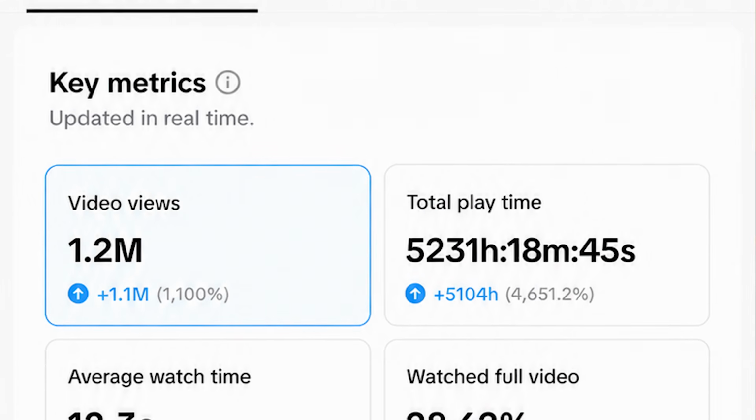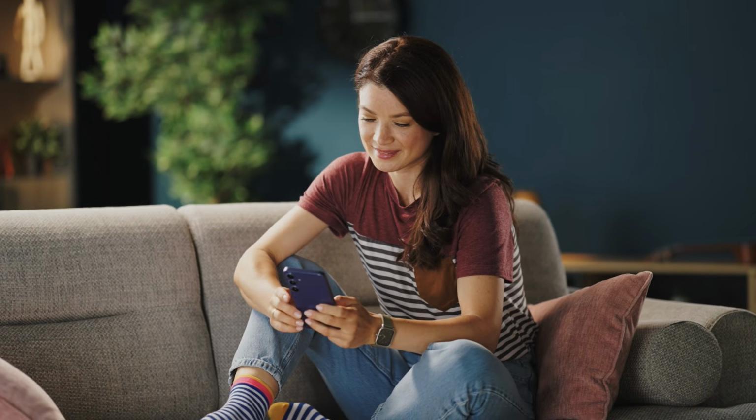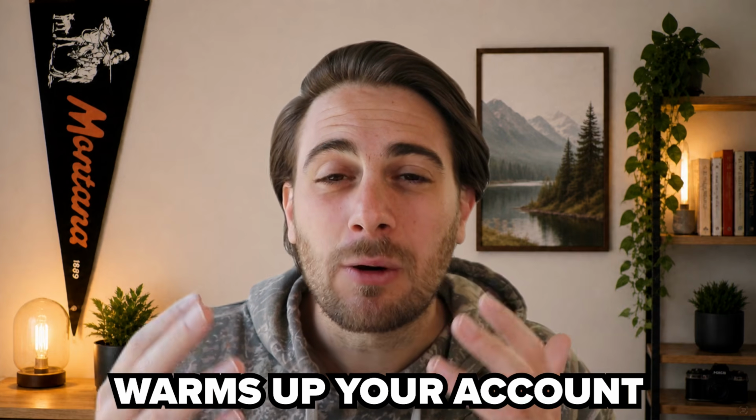Once you begin to go viral, then you want to start uploading more content about those same topics or the same topic that same audience might be interested in. Because at the end of the day, if your account isn't warmed up, TikTok doesn't trust you. And you want to make sure that you have a description. You want to make sure you have a bio. You want to make sure that you're engaging with other people inside of your niche. And all these things are going to increase the odds that TikTok warms up your account even faster. And the faster you get your account warmed up, the faster you're going to be off to the races, and you're actually going to begin to get views.